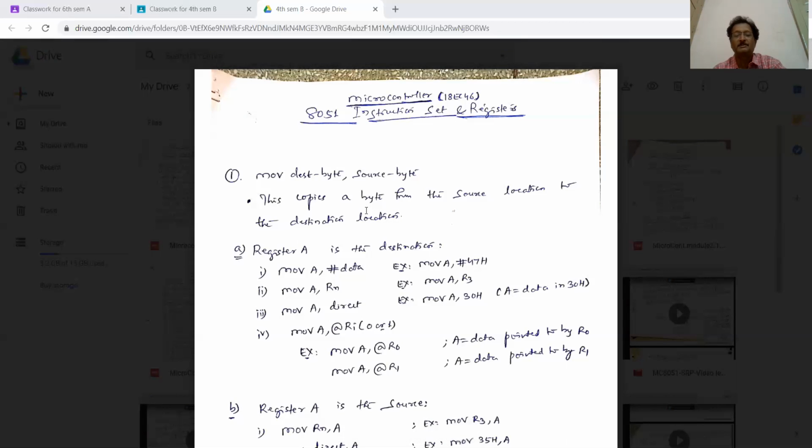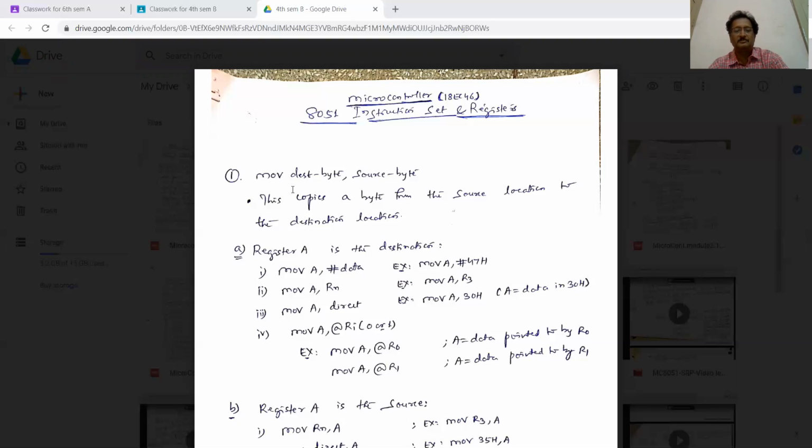So what I have done here, I arranged them as they appear in your syllabus, and also as per the programs that you are going to write starting from the first module. So let us start with the first instruction. The five addressing modes we have already seen in the previous video sessions, as well as the Google Class information that I have shared with you. So the same thing now is discussed in an exhaustive manner.